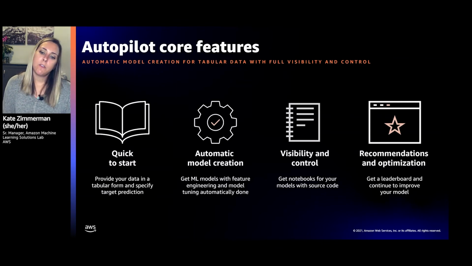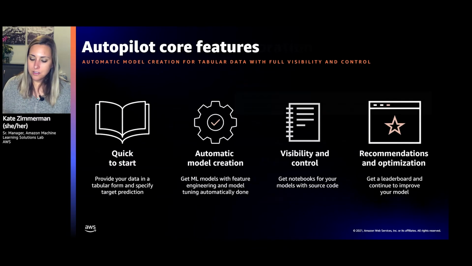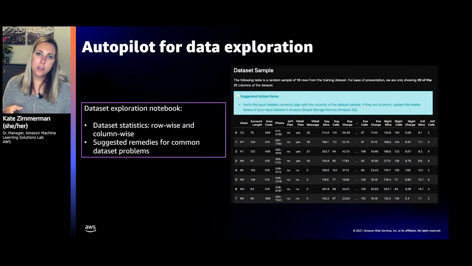And then you also get lots of recommendations and optimization. I mentioned that the data acquisition piece is where people iterate most, so Autopilot isn't going to leave you hanging there. It's going to tell you, hey, these features had a lot of missing values, we think it impacted performance, and we think there are things you can do here. So it's going to make recommendations on how to improve the data acquisition piece and improve the performance of the model. I'm going to show you these in person during the demo, but just to get you excited for what's coming up next.